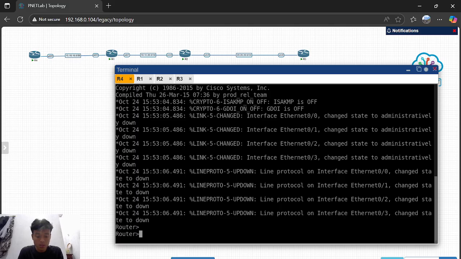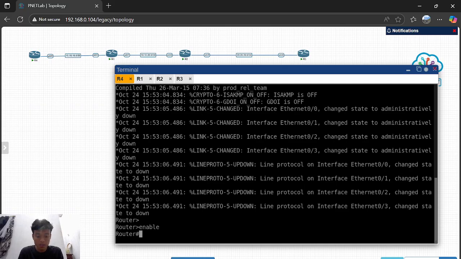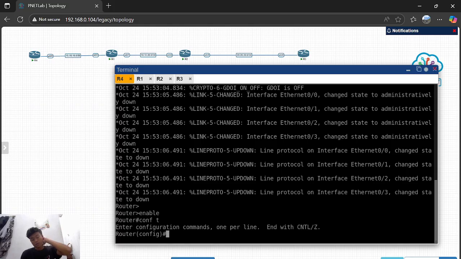So you can write the command enable to go to the next level like this, and then we can enter conf t, and this is the third level of Cisco.